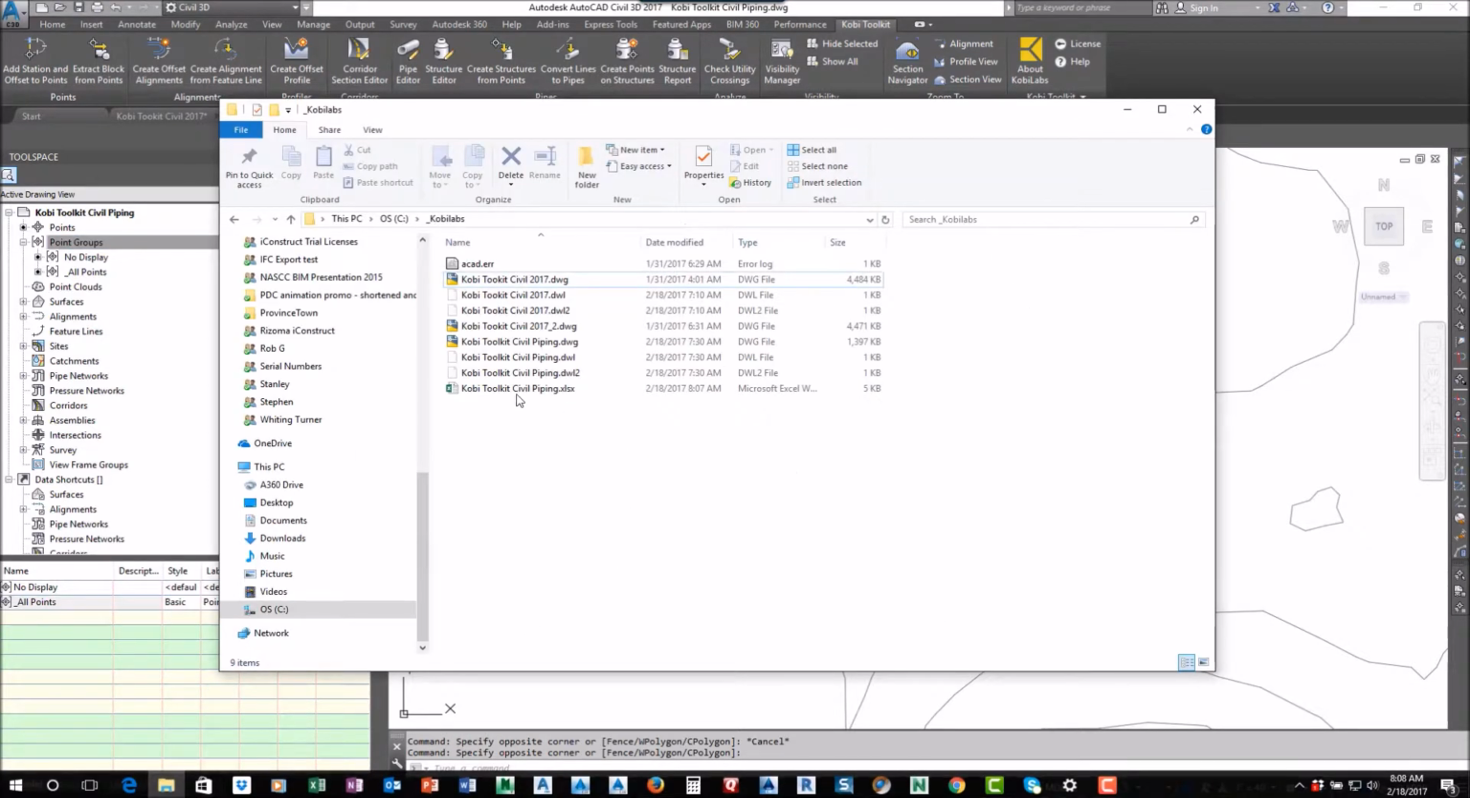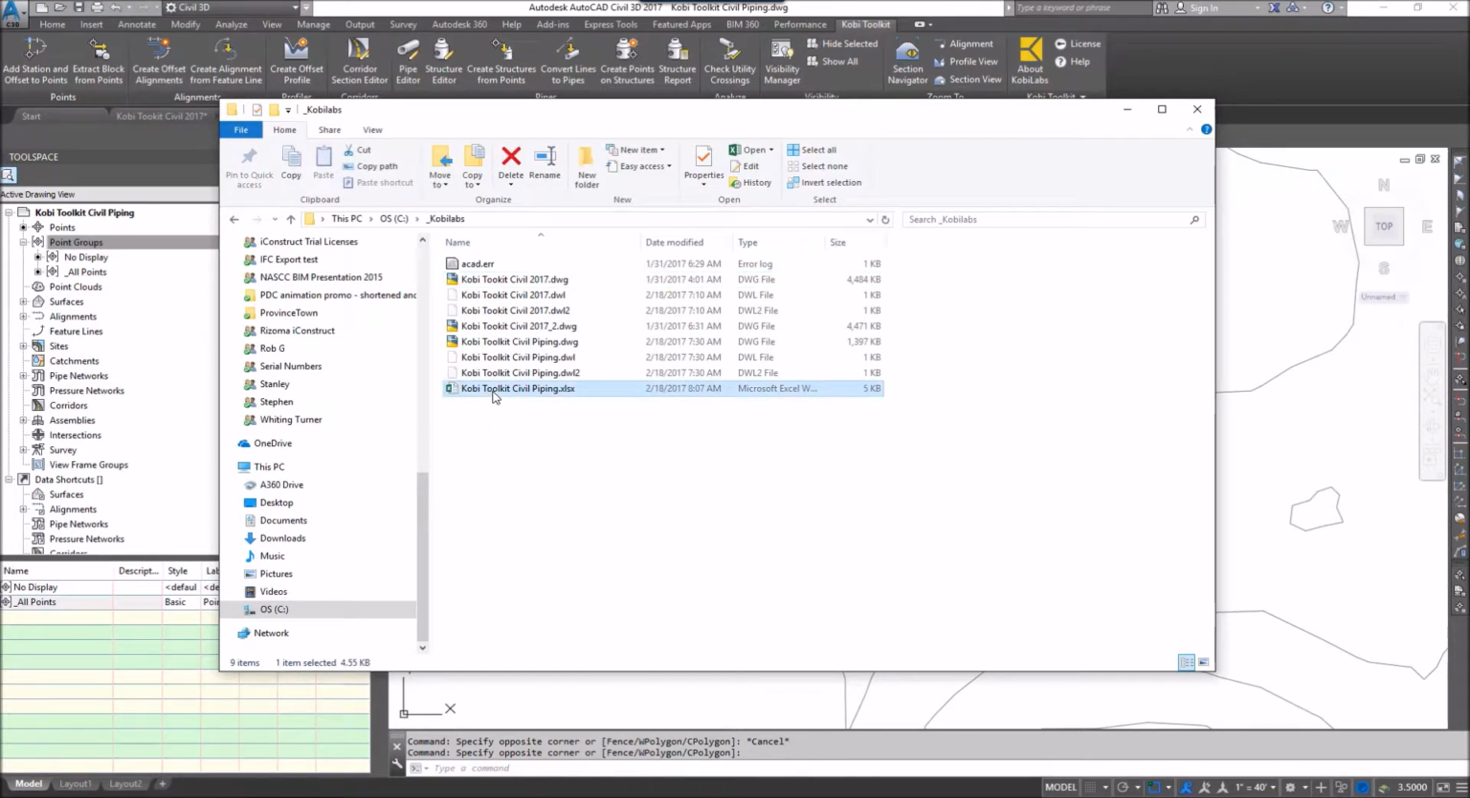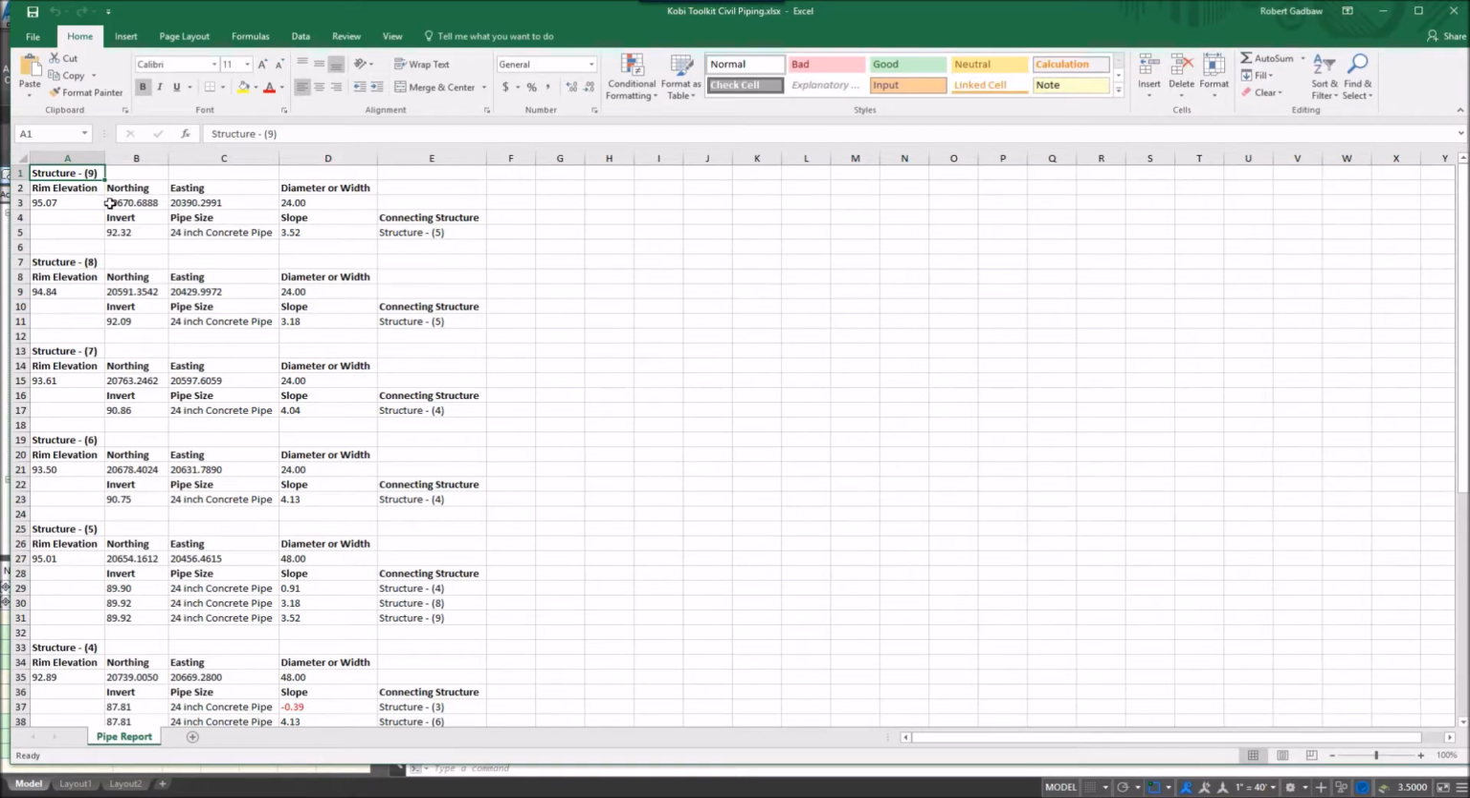So I'm going to go into Explorer here, and there's the file. I'm going to just double click on this, opening up the file, and now we can actually see here, it shows